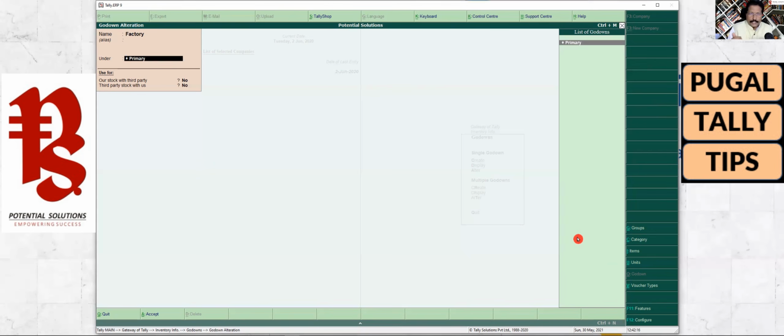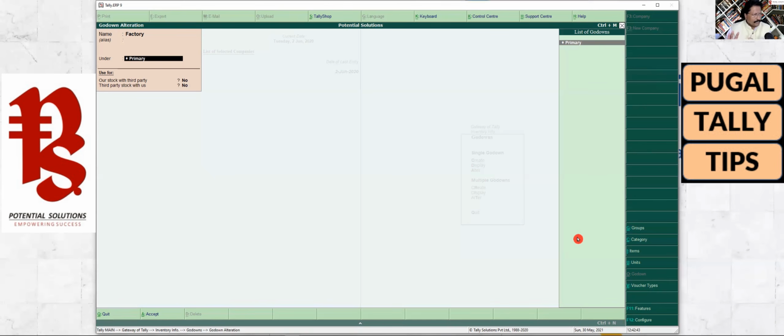In the godown you can have multiple levels. In the cost center, again we have another feature called cost center. Even in the cost center you can have multiple levels of cost center. So basically, any master that you have to create, you have this option of multiple levels based on your requirement of analysis.